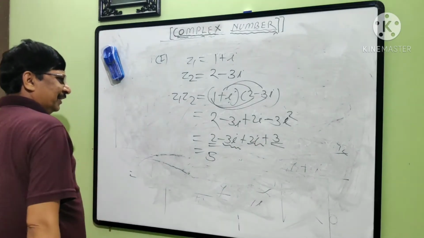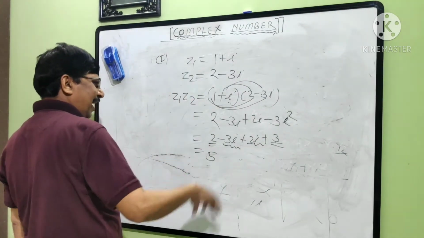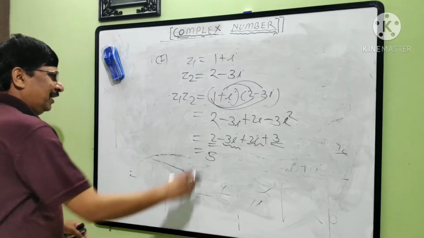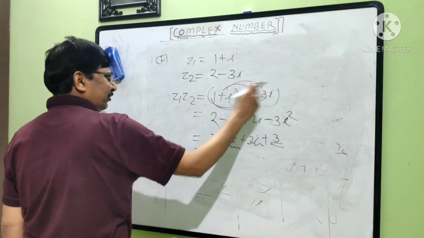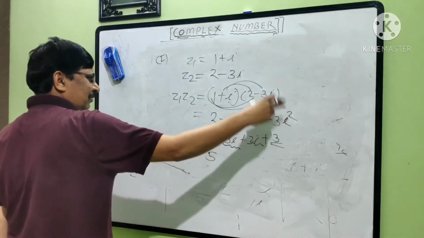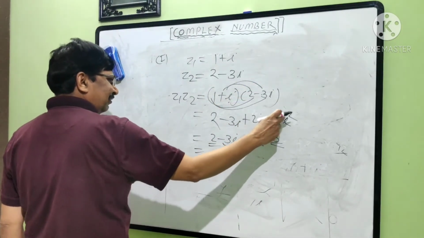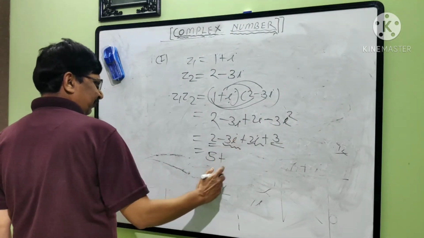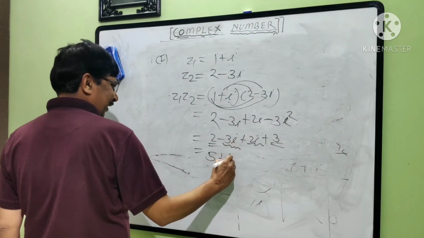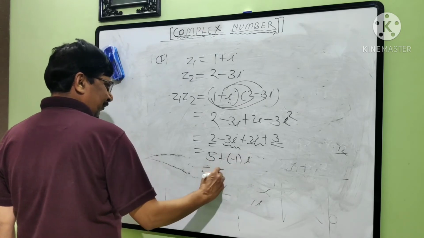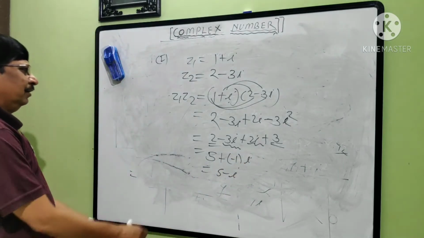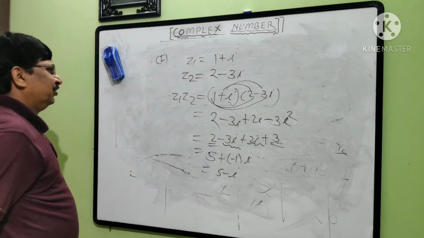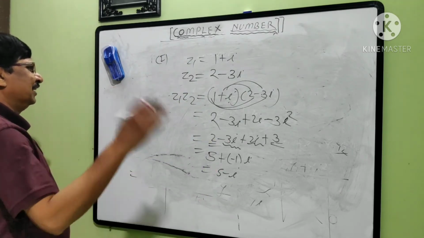Every complex number contains a real part and an imaginary part, means terms of I and terms without I. The terms without I are the real part. This is 2, and though you are seeing I there, actually I square means minus 1, and minus 3 into minus 1 is plus 3. 2 plus 3 is 5, minus 3I plus 2I, that is minus I. So 5 minus I. Like this we can do multiplication. Now if any question is there in the paper, definitely you can multiply.